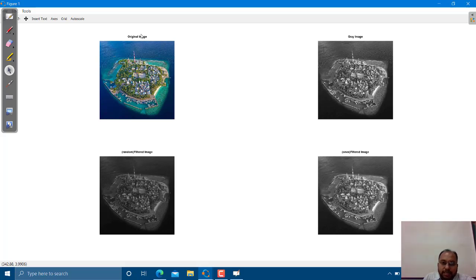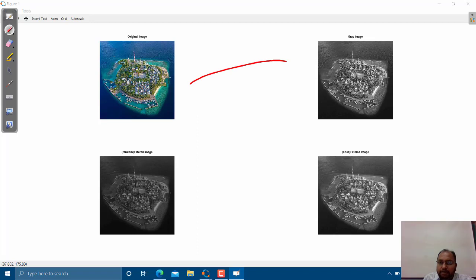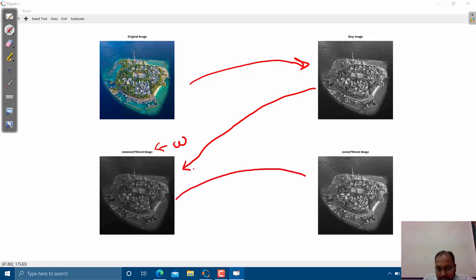So this is our original colored image, then we have converted that image to the gray level image. On that gray level image we have performed the filtering operation by using W as a filter mask, and that is the output filtered image. Then we have used X as a filter mask over here, and because of that this is my new filtered image.